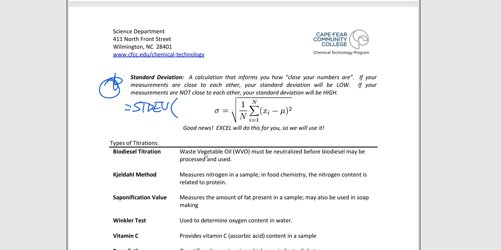open the parentheses up. Please do not use any other modification of STDEV. We like to be consistent with all of our labs, and we just use the basic standard STDEV calculation. There are options in Excel for you to choose from, but do not choose those options. They are meant for other things, and sometimes they might apply to what we do, but we're just going to keep it consistent. That way we don't confuse you throughout your time while you're in the program. So STDEV, open the parentheses up, highlight the data, and allow it to calculate how close your values are